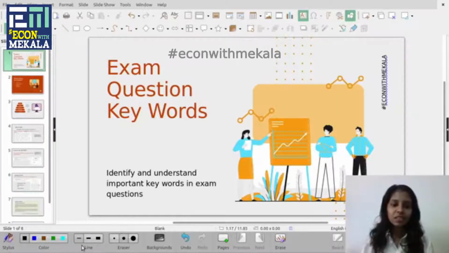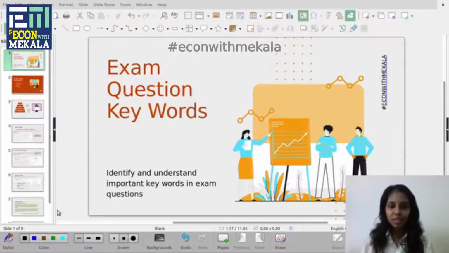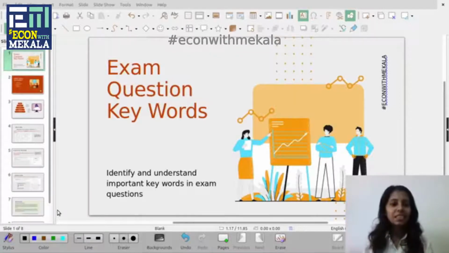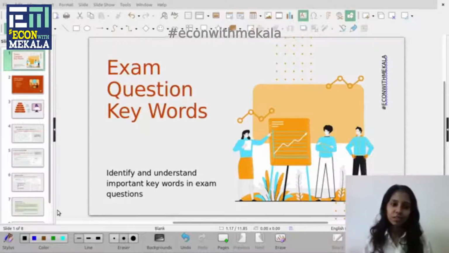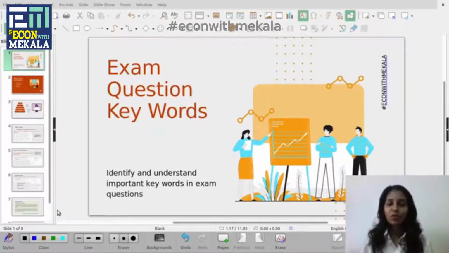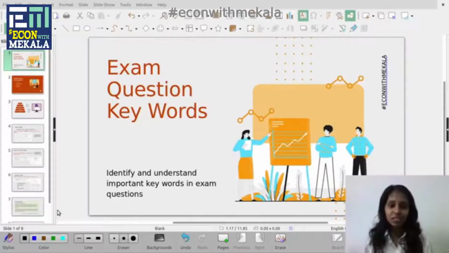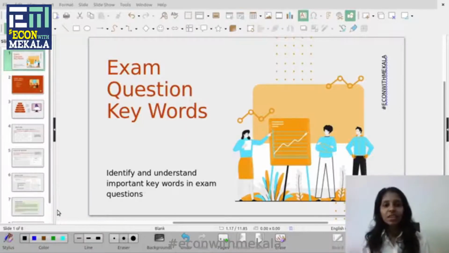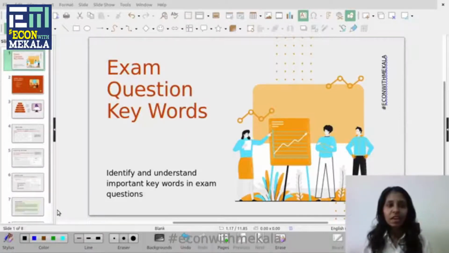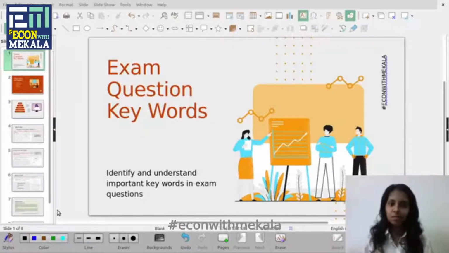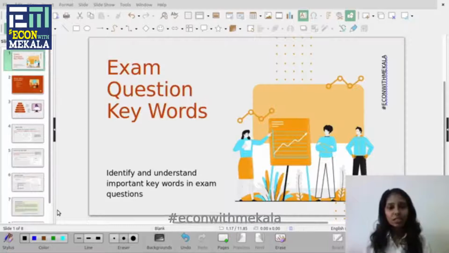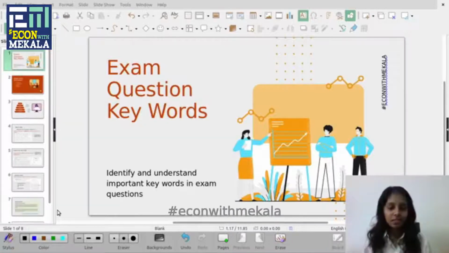Some of these skills are very basic level skills, like your basic understanding of a concept. It's just like someone asking you, what is meant by a business? What do you understand by a business? At that time, you can just give characteristics of a business, or what you understand by the concept of a business. So it's just assessing your basic understanding skills.